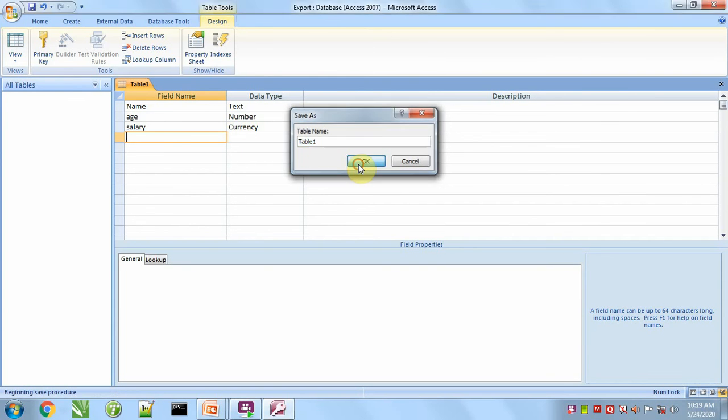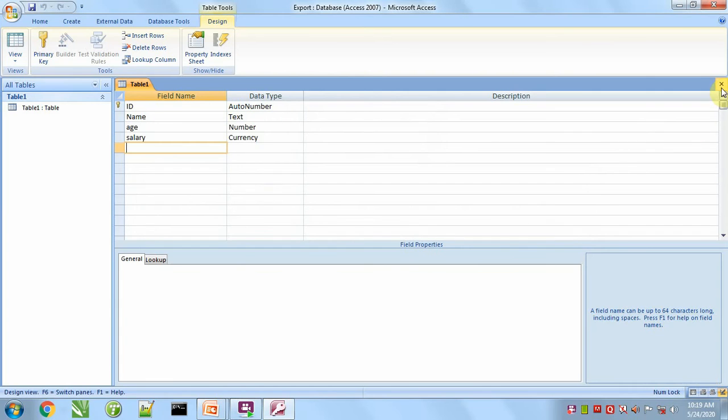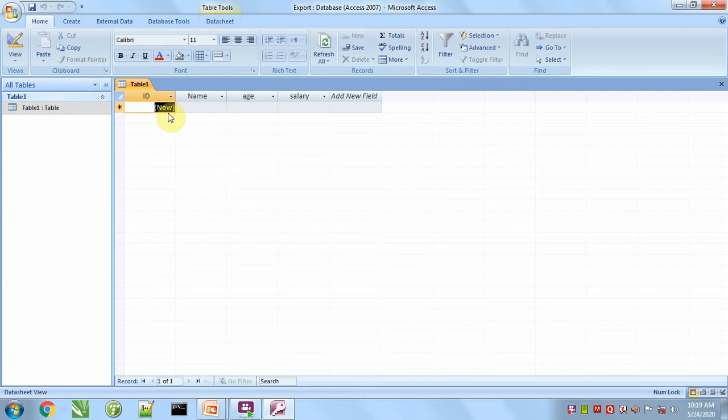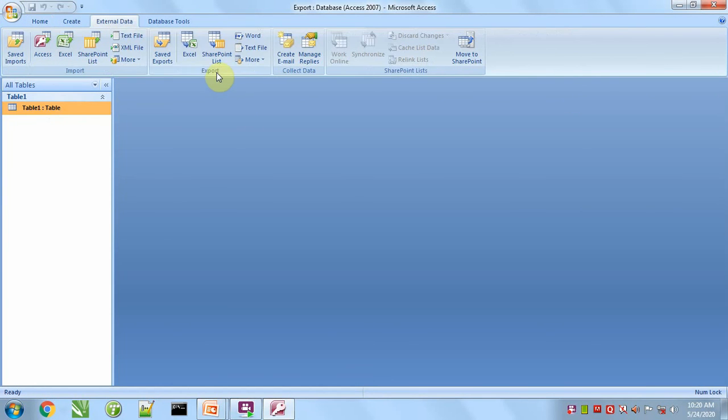Table 1, it's okay. Primary key, yes, we will add. So primary column will be added automatically. Fill some data. Save and close this table. Now select this table, go to external data and export.